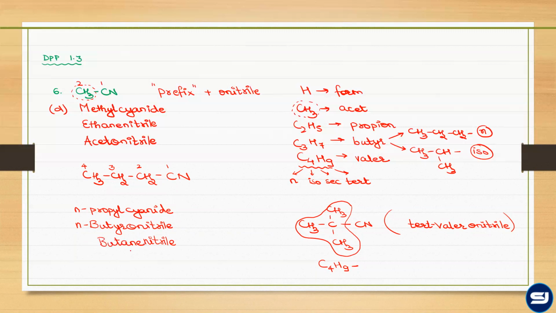It becomes butane nitrile. This looks confusing: methyl cyanide and ethane nitrile. But if you understand the concept, methyl 1 carbon, cyanide 1 carbon, total 2 carbons is what the cyanide is representing. And in ethane nitrile, nitrile doesn't include the carbon, so the parent of 2 carbons represents the total 2-carbon cyanide compound. Understood? Is this clear?